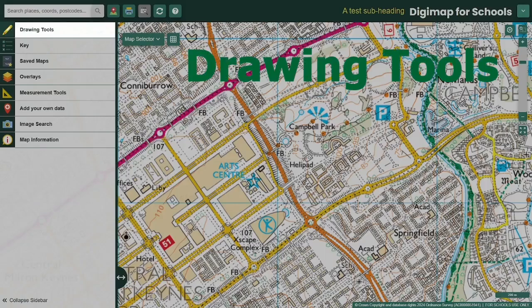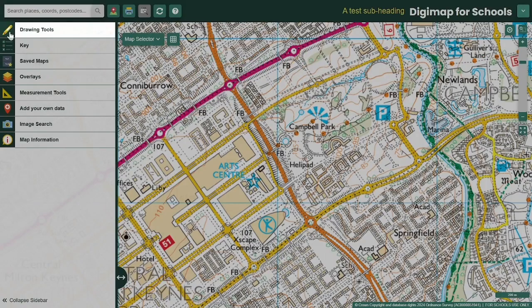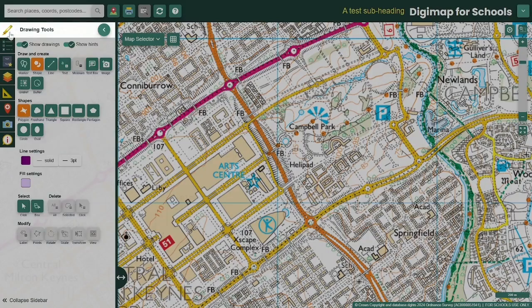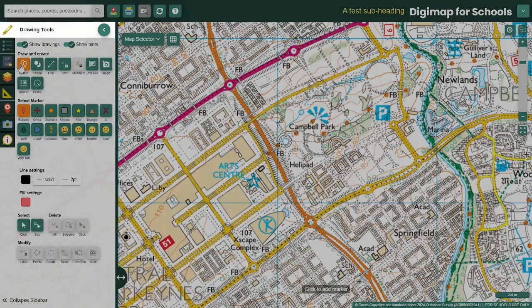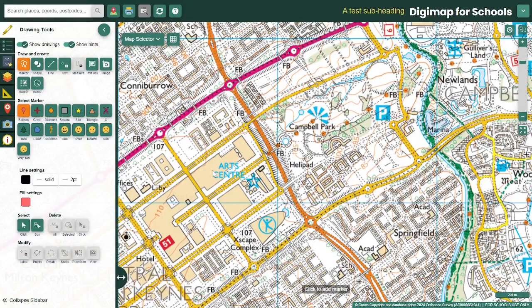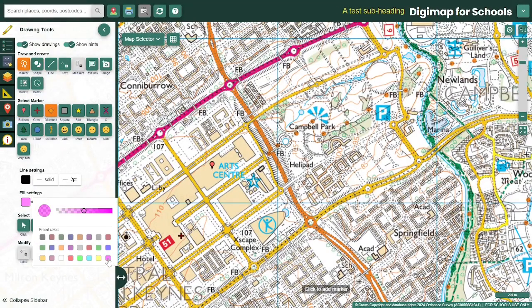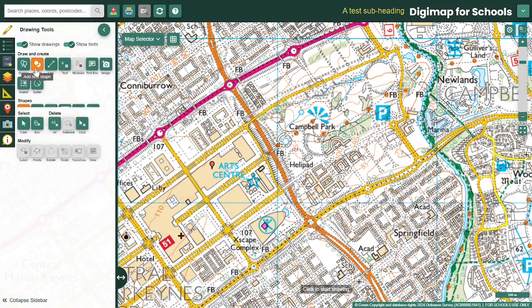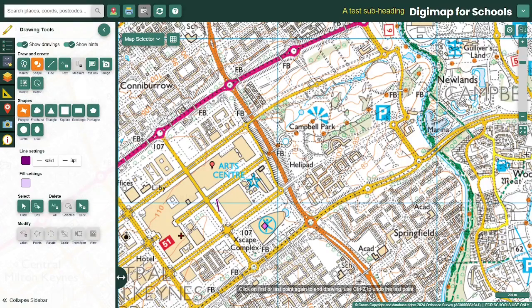Drawing tools. You can use the drawing tools to add elements to your map and create engaging activities with your students. For example, you can add a range of markers to your map and even modify their colors. You can add shapes, such as polygons, by clicking on the map to set the corners of the shape and